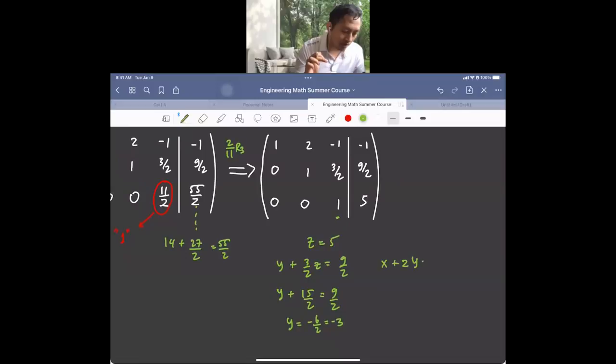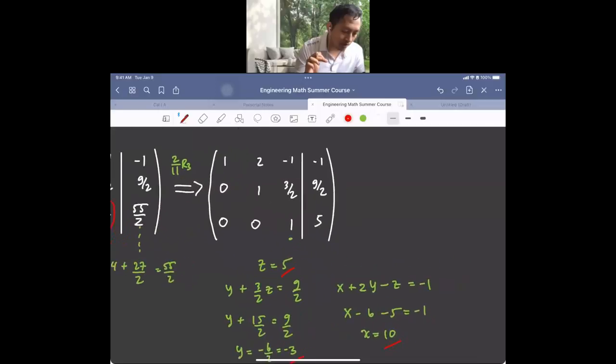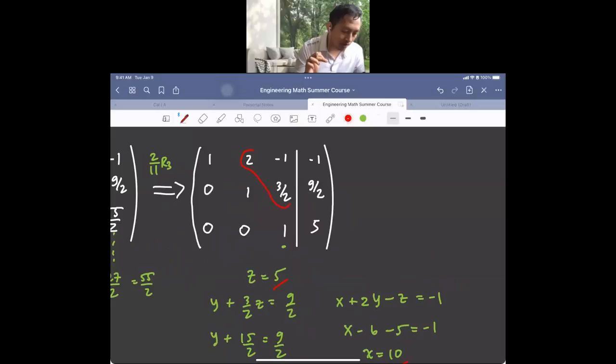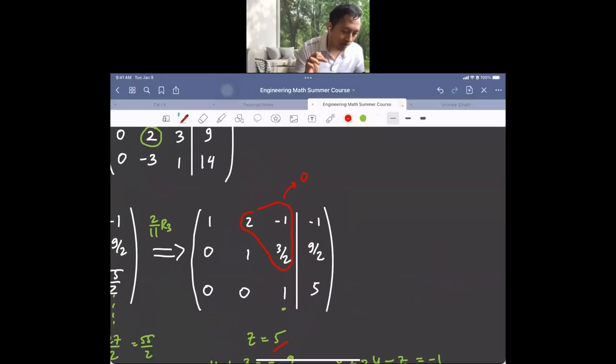So the last part is x plus 2y minus z is negative 1. So x minus 6 minus 5 is negative 1. Sorry, it's supposed to be negative 6. So negative 11, so x is 10. So we can get directly at the end using just a substitution. Or we can make another 3 numbers here 0, so we will get directly for x,